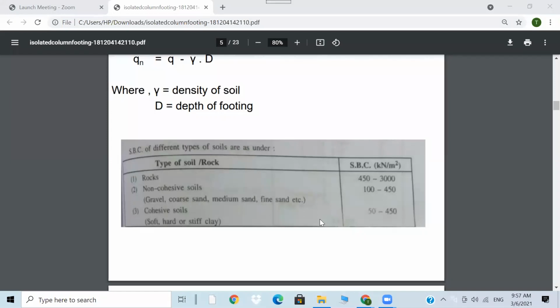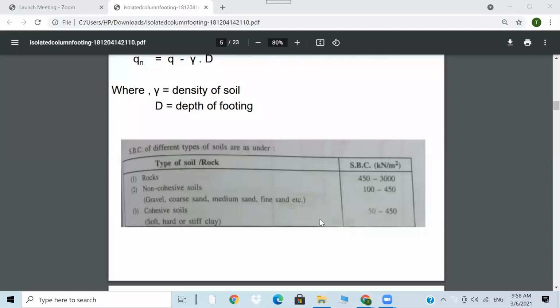You can see the non-cohesive soils, the gravel, coarse sand, medium sand, fine sand, etc. will have higher safe bearing capacities compared to the cohesive soils, where soft, hard, stiff clay are considered. However, these two types of soils are often available in Sri Lankan foundation design. And also you need to make sure of one thing, that when the foundation is designed,